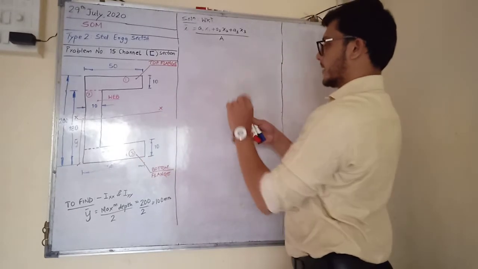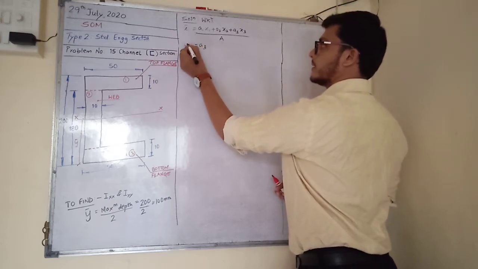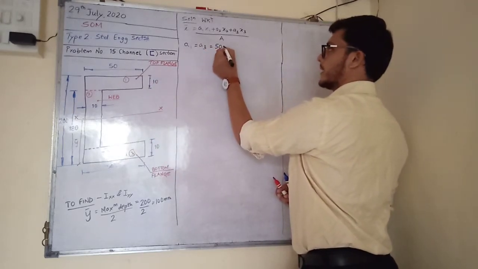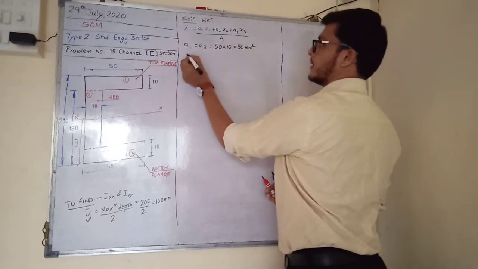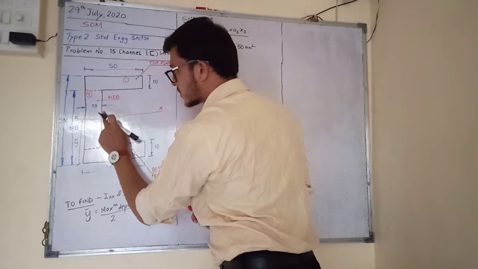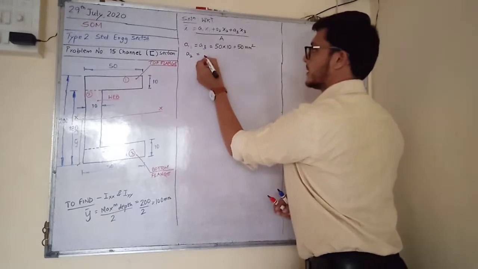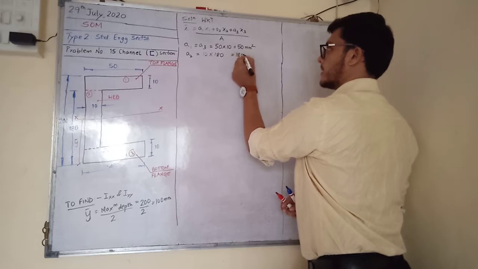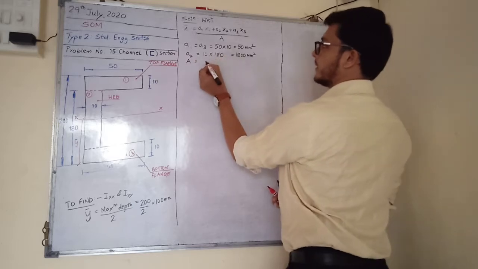1 and 3 will have the same areas because their dimensions are the same. So now I will calculate one by one. A1 will be equal to A3, because they are the same, 50 by 10, 50 by 10. So it is 50 into 10, 500 millimeter square. Areas are in millimeter square. A2, second rectangle. See, I have divided here. So B is how much? 10, and D is 180, not 200. Okay, 180. So 10 into 180, it is 1800 millimeter square.